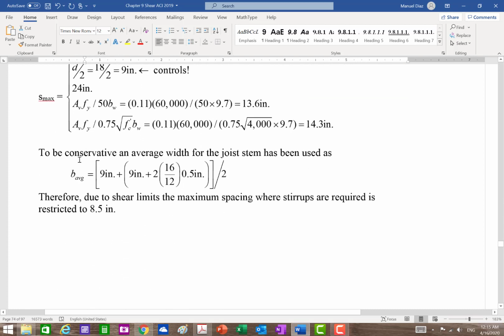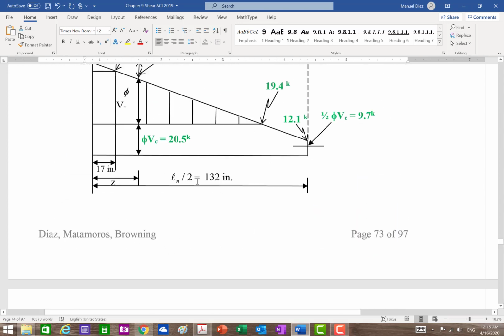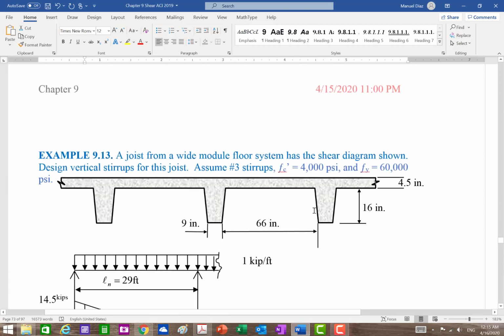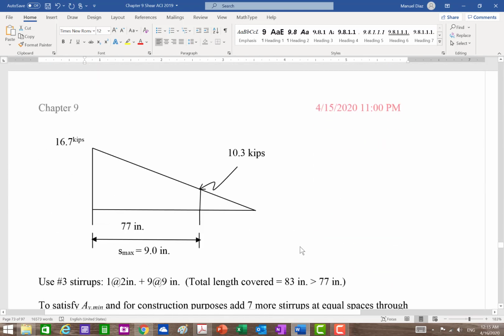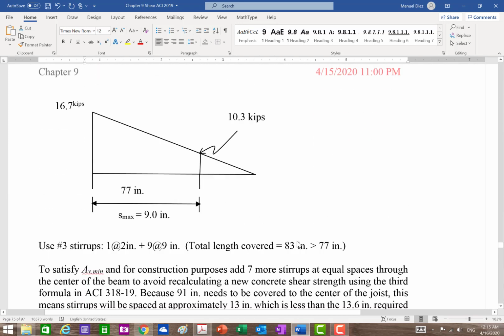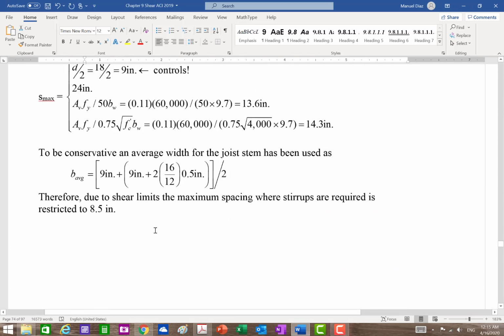Next, I find me some kind of V average here for my width, right? Because remember, this is trapezoidal, right? So we're going to find a b average that we can use to help us a little bit on the shear. Okay, so that's then my b average. Okay,